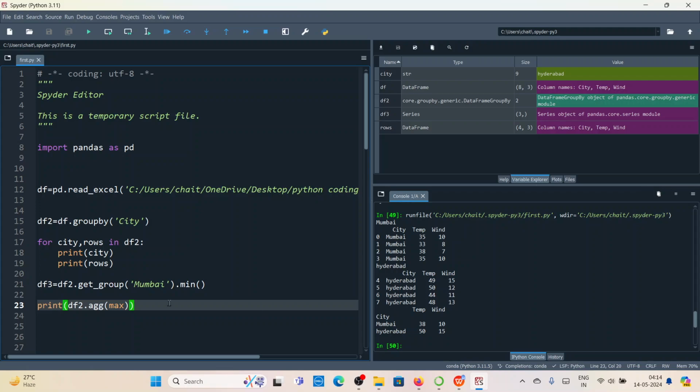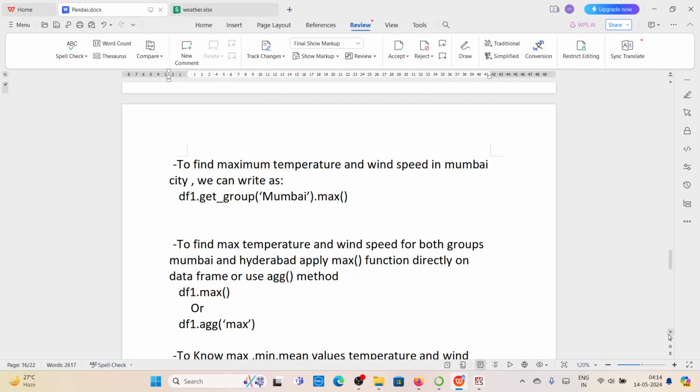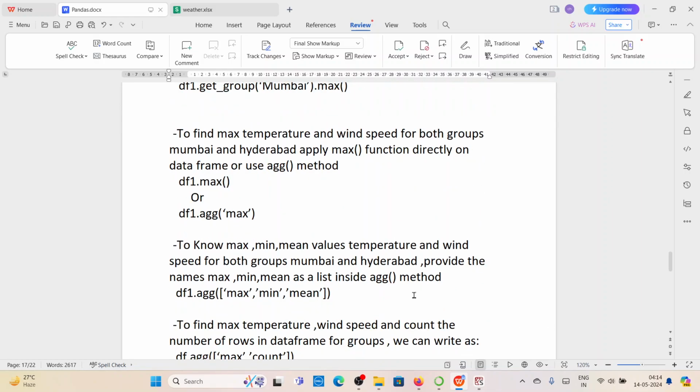Same thing, the same applies here. Like this you can apply. So many are there. To know the maximum, minimum, and mean values of temperature and wind speed for both groups, Mumbai and Hyderabad, we have to use